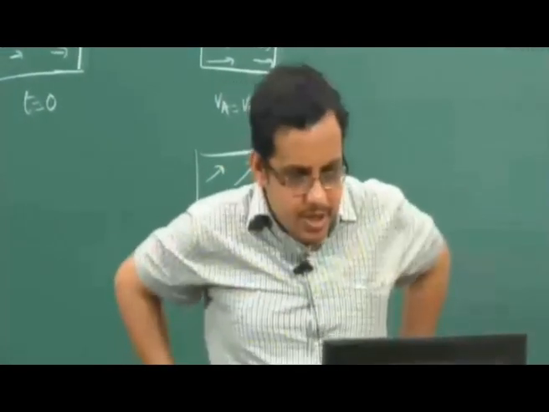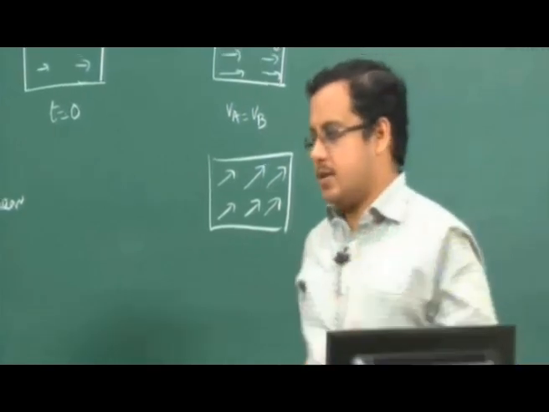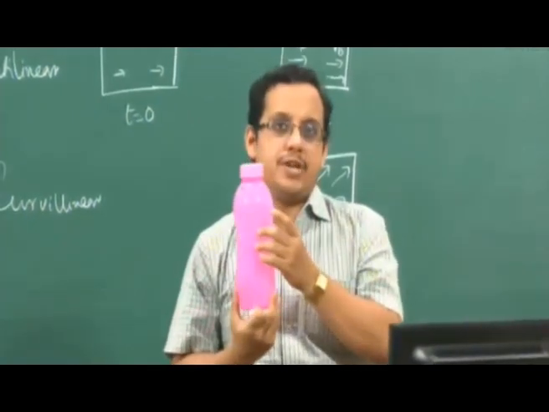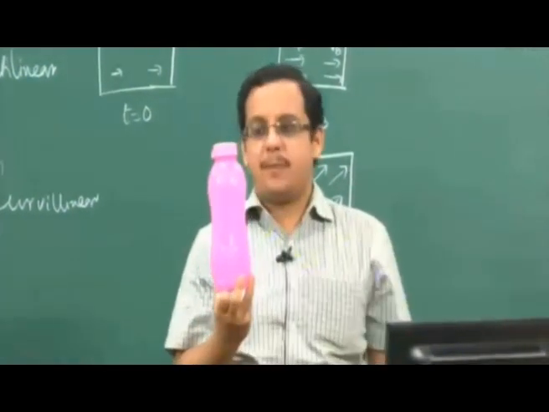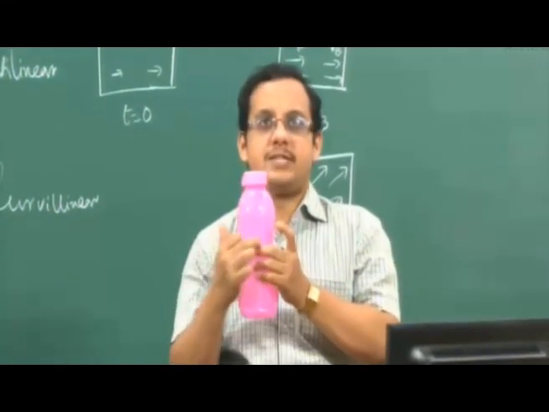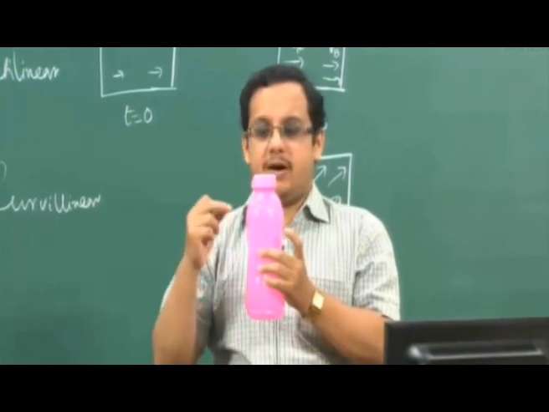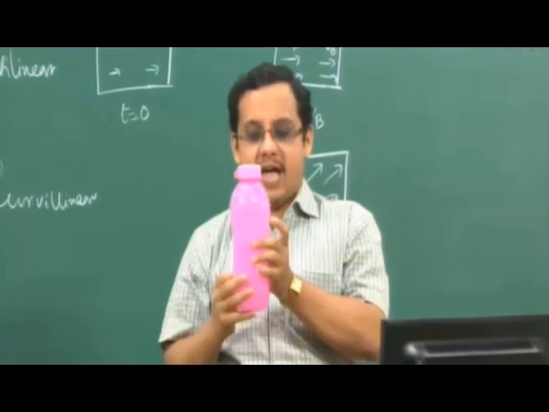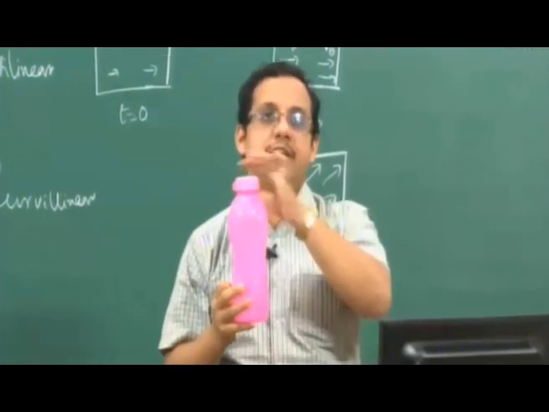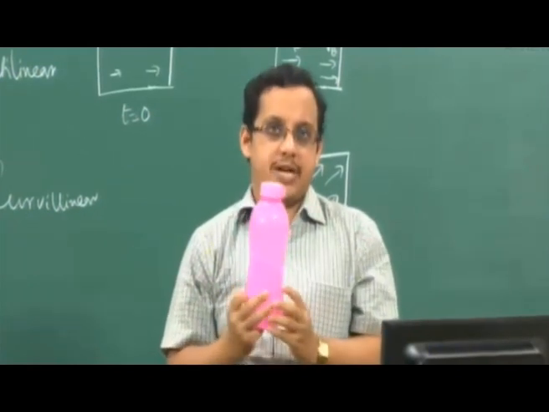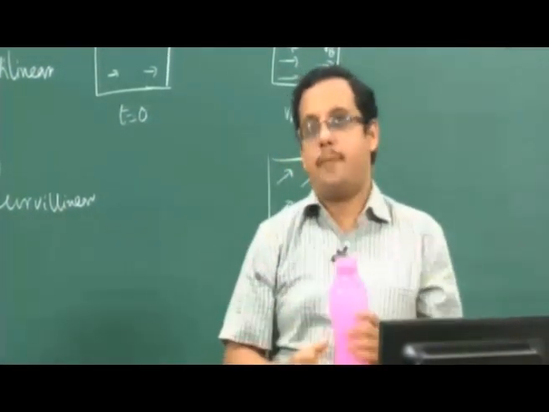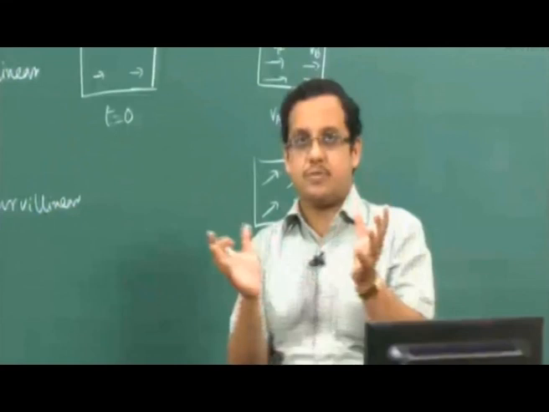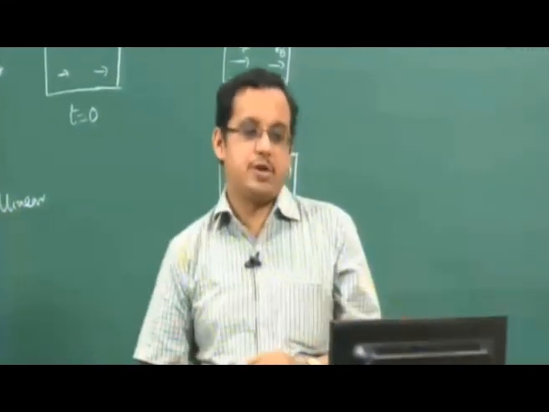See, rotary motion is that which is applicable for bodies. If I have this kind of body, when it rotates in this fashion, this is a rotational motion of this body. But now this is not a particle anymore, because different points will have different velocity. Let's say I have a point here and a point here. These two points have different velocities as this object is rotating. So therefore this is not a particle. Curvilinear motion is applicable for particles, whereas rotational motion, rotary motion as you are calling it, is applicable for rigid bodies.